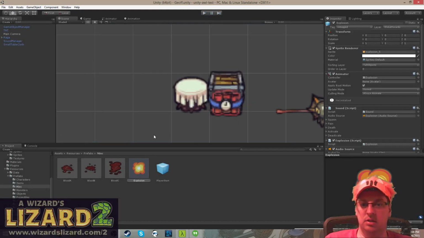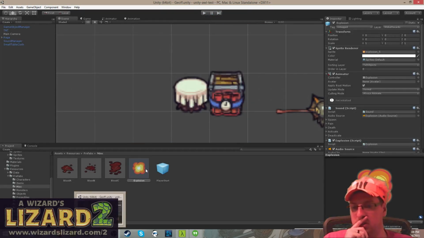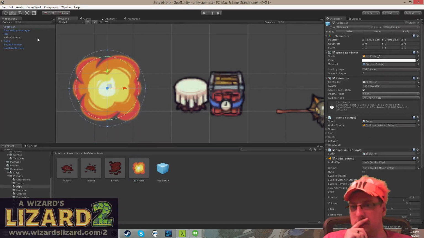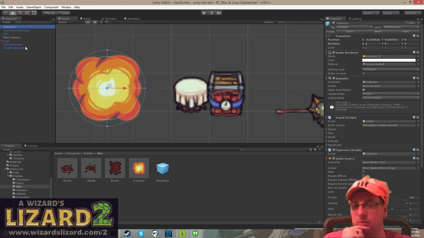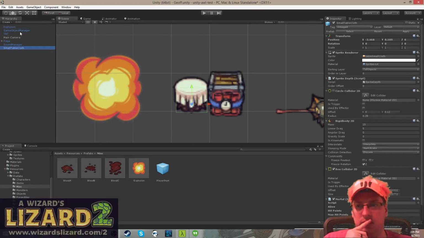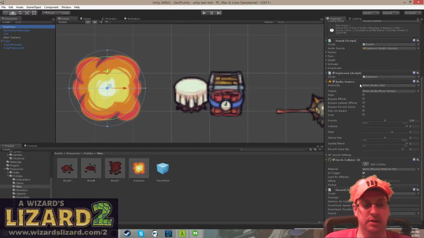But what we could do, so the explosion, there's probably a way to do this. I know that Unity has like physics aspects where explosions can move things around or something. And I know it works in 3D, pretty sure, but I don't know what it does in 2D. But the thing we could do in 2D is also hook the,